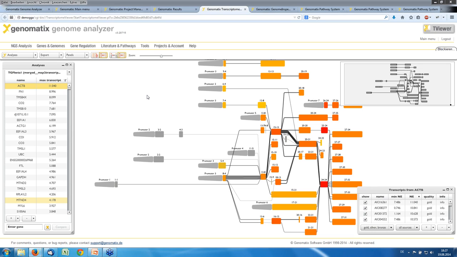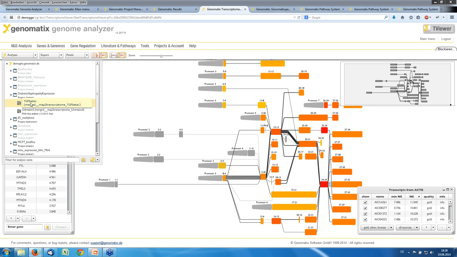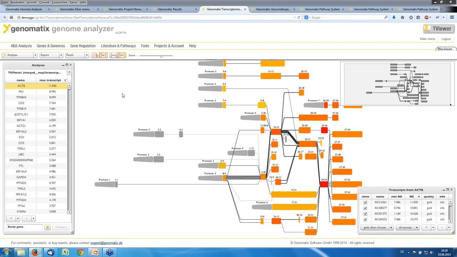Just to show you the effects, I have a transcriptome viewer data set already loaded here from the Genomatix mining station. This is an expression data set from TGF-beta1 treated kidney cells. And we are looking here at the actin beta locus with this splice graph view, that is the standard view in the transcriptome viewer with the expression of the exons shown in color code and the expression of